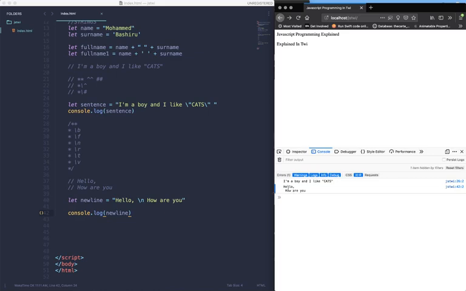So you can see that we had what we were looking for here. So hello, how are you? Now, if you can see there's a space here because of this space here. So if I take off this space and I refresh again, you see we would get our desired output, and that is how we do escape